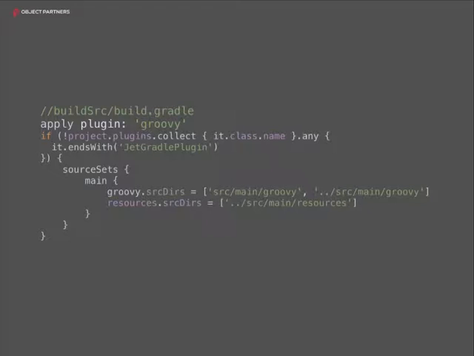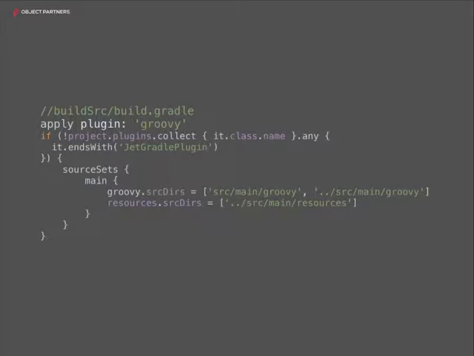But what you can do is trick build SRC into thinking that its code is somewhere else, right? So I've broken this up into a couple slides so we can see it a little bit better. But this first block here, ignoring that first if, the source set block, is for my build SRC project: I'm going to grab the main source set. I'm going to reset its location of where its source is from being build SRC main Java to be one